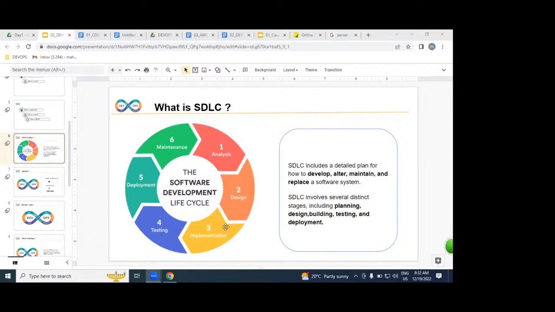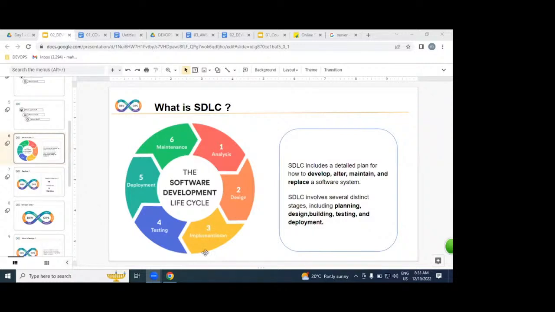In this total process, we have developers, testers, AWS administrators, Linux administrators, DB administrators. If you are in an IT profile, doing an IT job on any platform, you are part of this SDLC, including DevOps engineers.